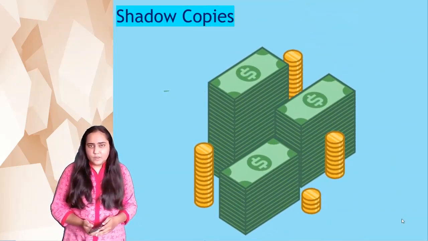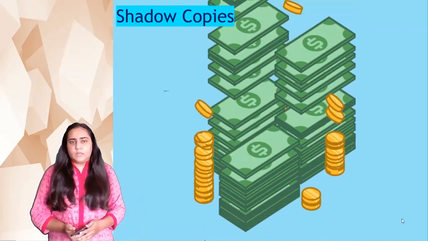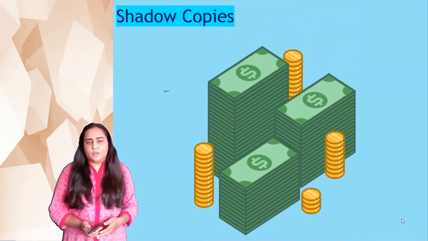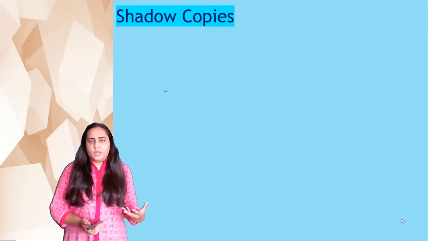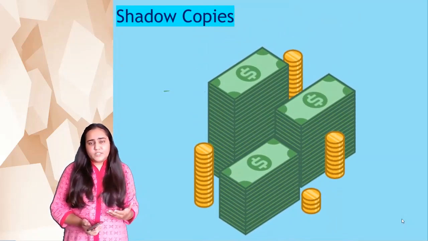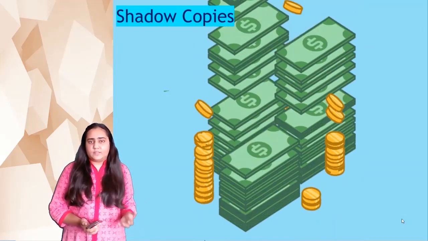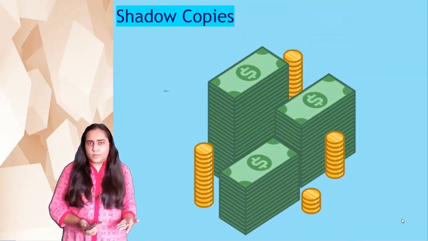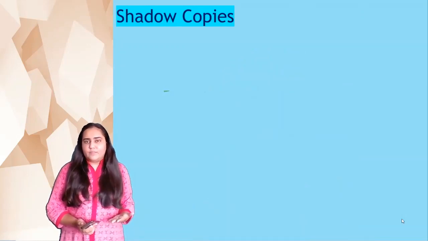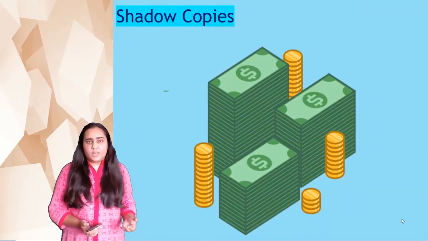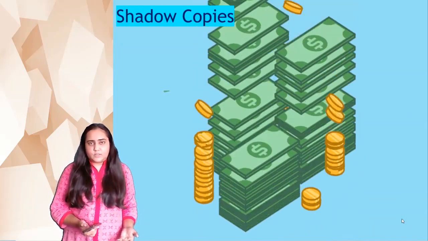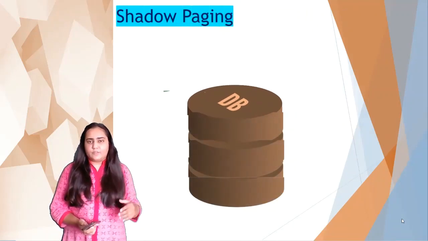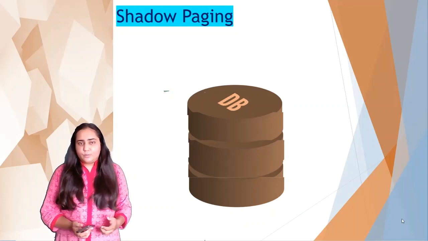Now there are some disadvantages of the shadow copying method. It's very expensive. And by expensive, I mean, if your database is really large, for example, you have 1 terabyte of database, then such a database cannot be brought into the main memory as a whole, because your main memory cannot hold that much data. So it's very difficult to bring the whole database into the main memory every time that you want to make some updates. And in order to remedy these things, we have another method which is known as shadow paging.